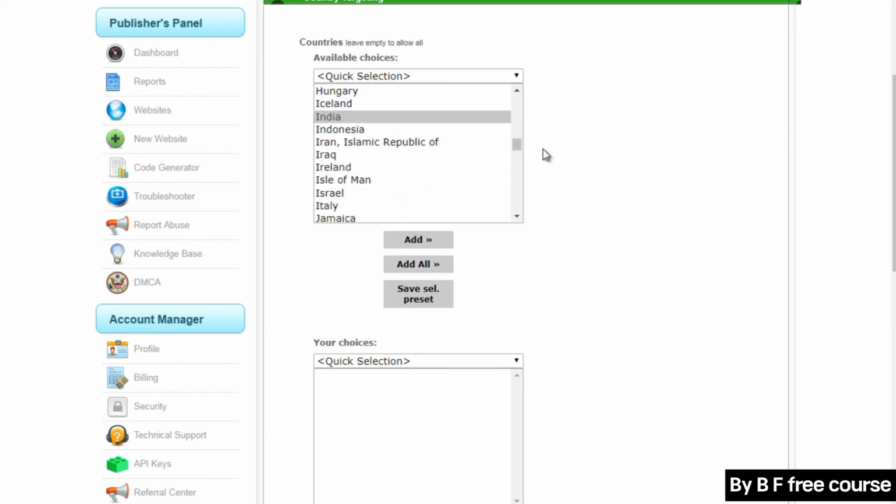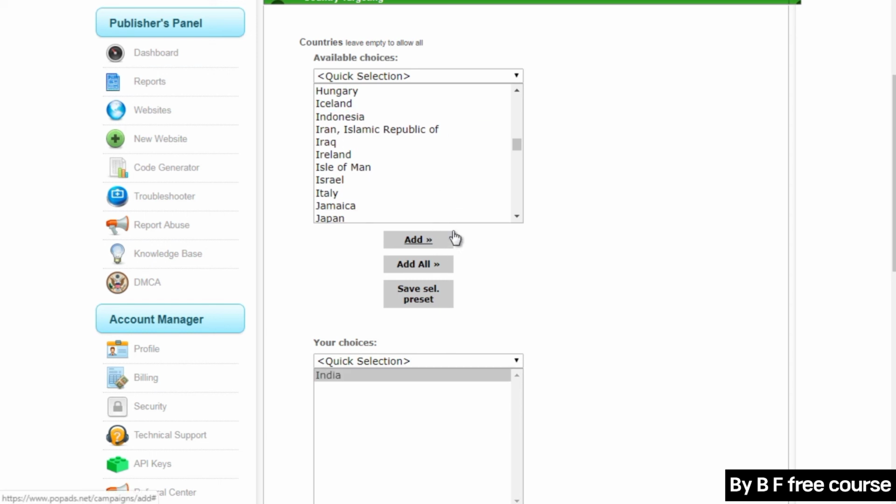Now, the best thing to do is to ask your affiliate manager, "Hey, affiliate manager, what countries convert best for this offer or for this smart link?" Most of the time you'll get emails about it, but it's best to ask your affiliate manager. So if they say, "Well, right now the smart link converts best with India," you want to add India.